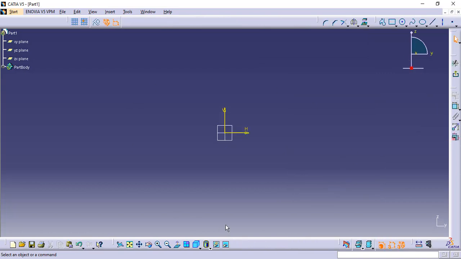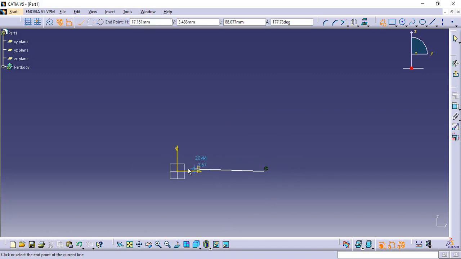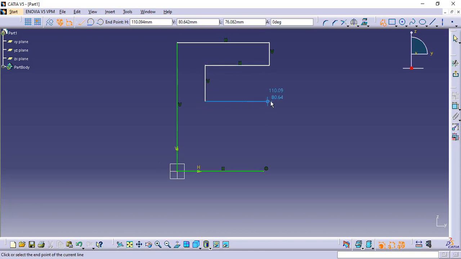Now we are in the Sketcher workbench. So I will create one closed profile to explain the features of the Pad command. You may also create an open sketch, but we need to check the Thick option under the Pad command to use an open sketch profile. I will tell you how. I will make this sketch fully constrained, just to revise how to use the Constraint command.